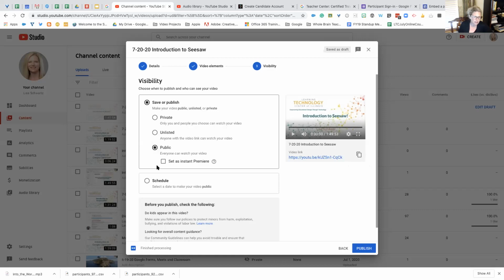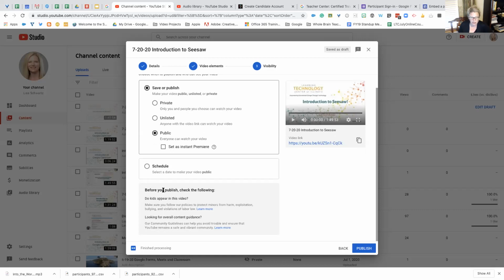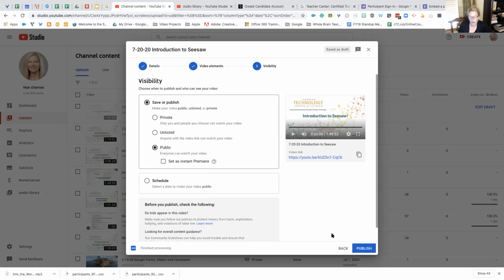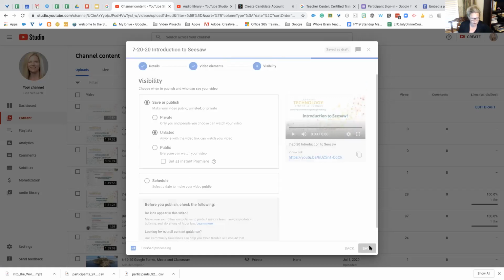Just like with emails, you can schedule emails. You can schedule when you want to make this video public. And then just make sure that before you publish it, you're checking YouTube's privacy about kids appearing in the video. And then you can see some overall content guidance here. So again, when I'm ready, then I can publish it. Let me just make it unlisted here. And when I publish it,